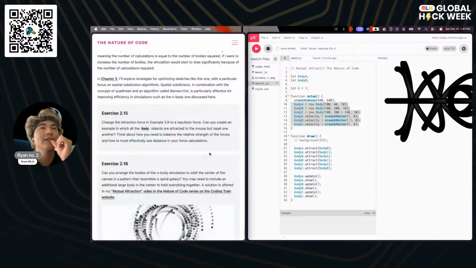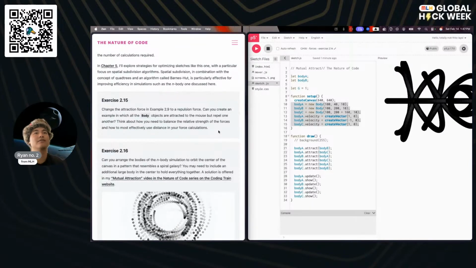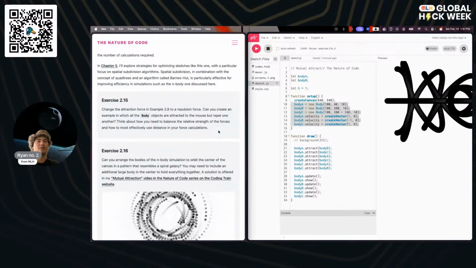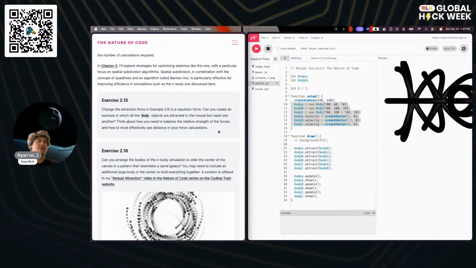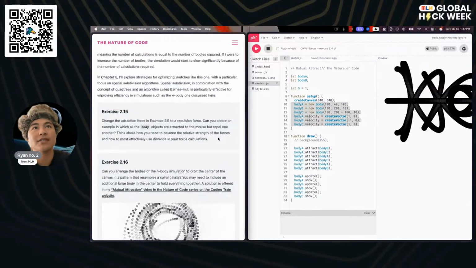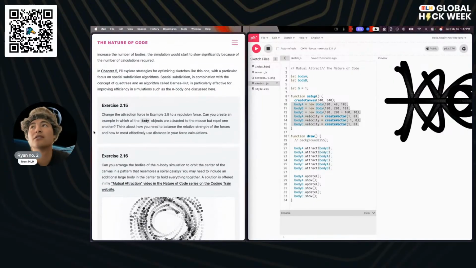So satisfying. Okay, so change the attraction force in example 2.9 to a repulsion force, where all the bodies are attracted to the mouse but repel one another. You know how you need to balance the relative strength of the forces and how to effectively use distance in your force calculations.